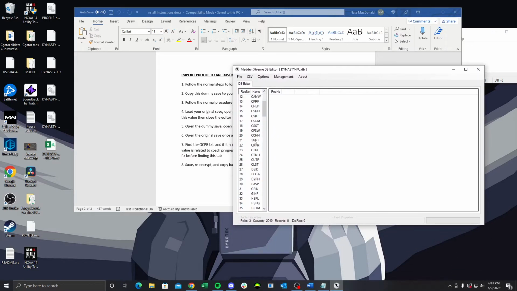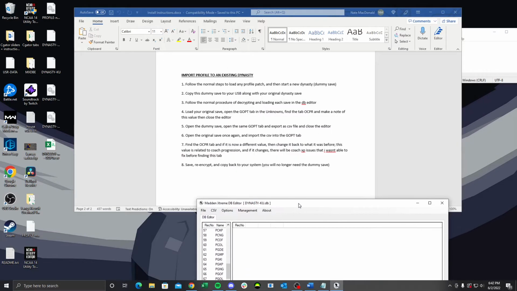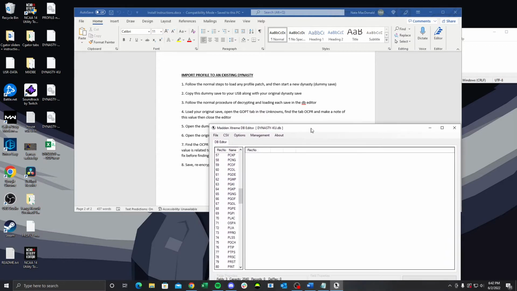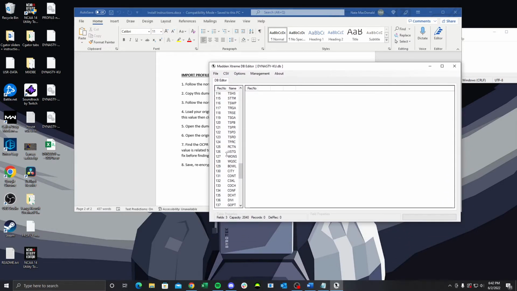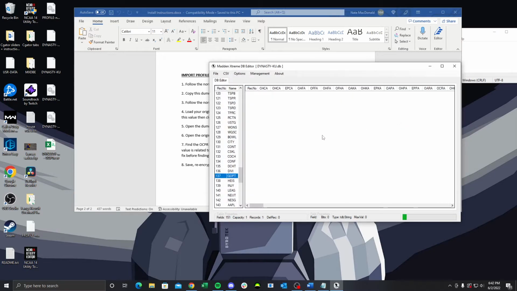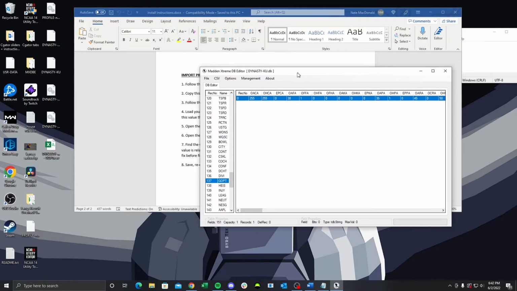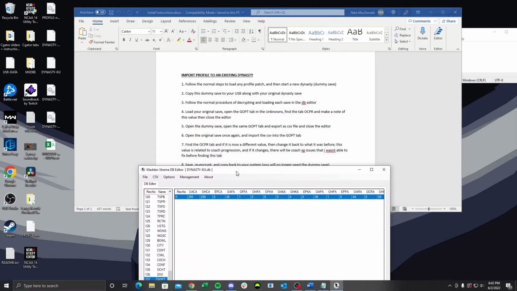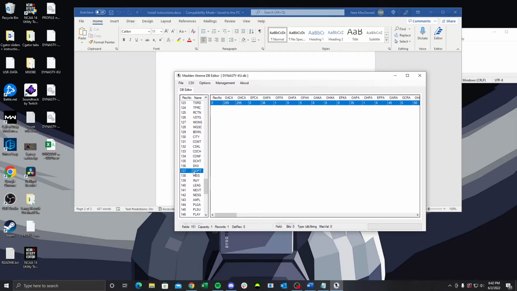Now we're going to scroll down to GOPT. What is it, GOPT? Yeah, GOPT, which is 137. See how these values are 50? We're going to hit CSV, import, and we're going to find this Dummy Dynasty GOPT CSV file that we just saved to our desktop. We're going to import that. You should see these change to 255. That is correct. Now we're going to find the OCPR tab again, which is